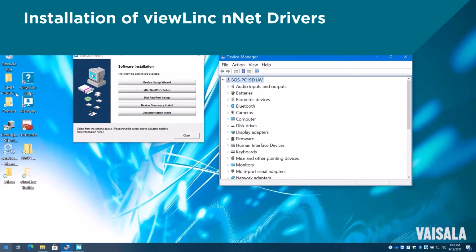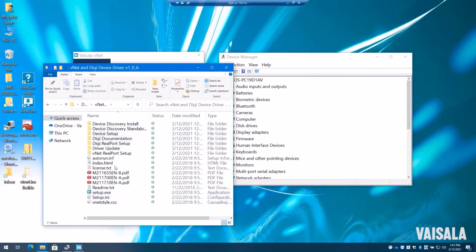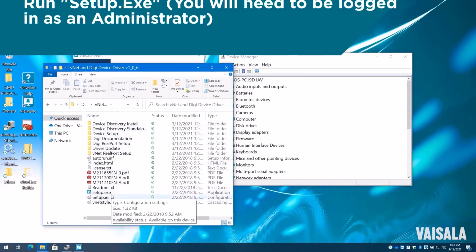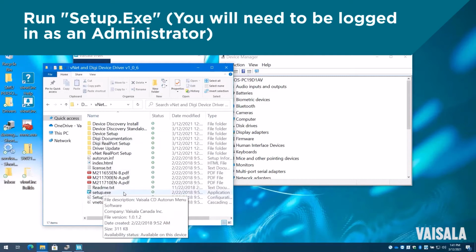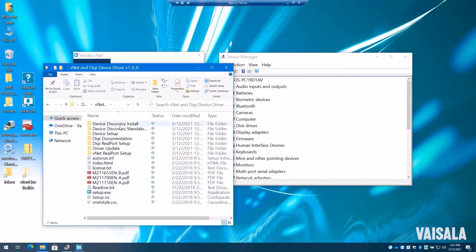It's an application that comes on the disk. This is a whole folder. It has several different files in it. Setup is what you want to run. There's also copies of all the installation manuals on here, and there's also shortcuts that can get you to different parts of the installation program directly.